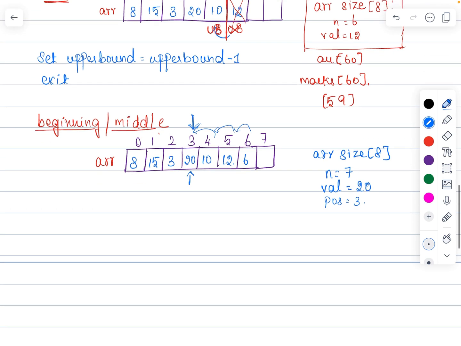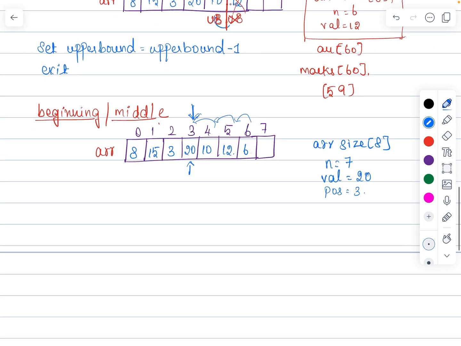Let's write pseudocode for it, which means right from here you are just going to shift all the elements to its left, right? Let's write the pseudocode, use one for loop, because recursively you are just going to do the same operation till the end. Recursively you are just going to shift all the remaining elements to its left, right? So